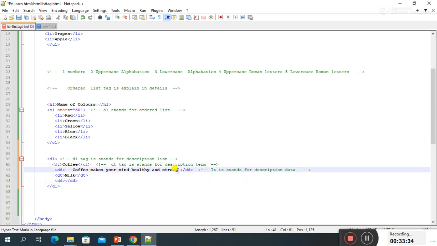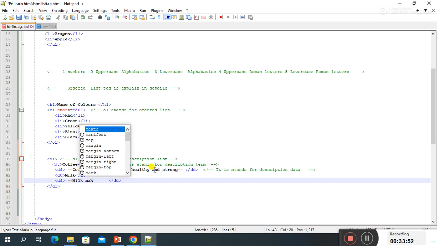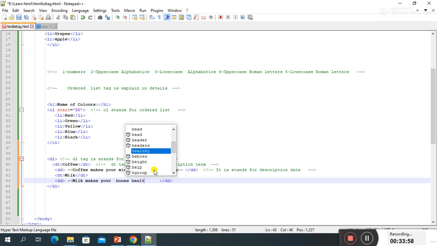Inside DD we can type details of milk, like milk makes your bones healthy. Save the file,